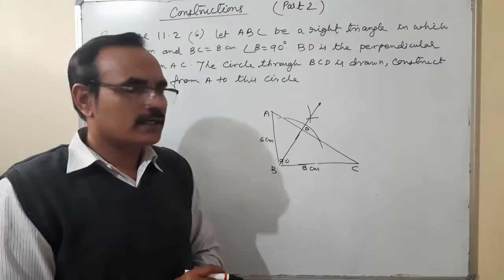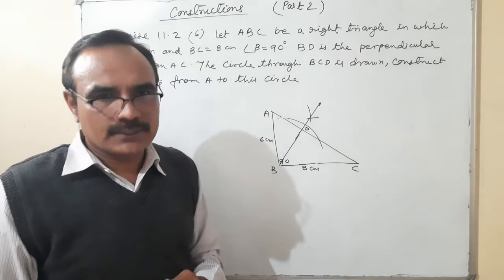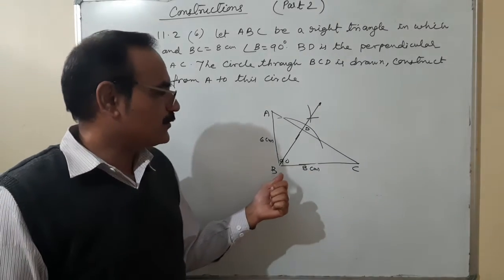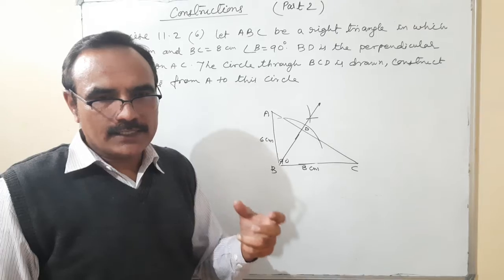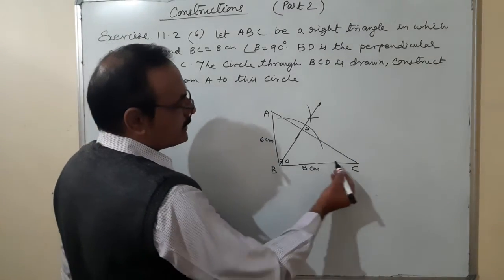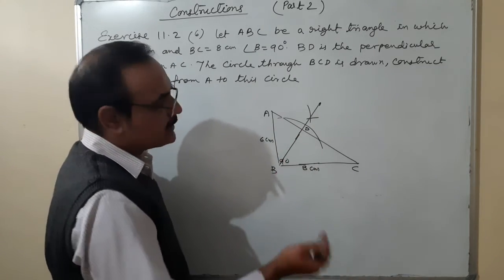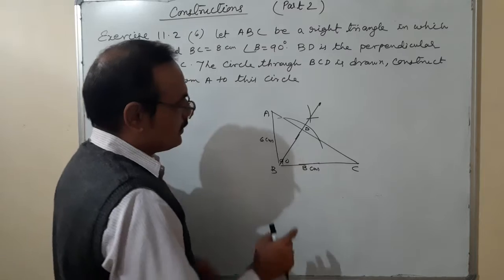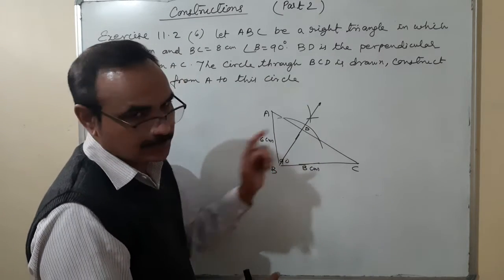For drawing the circumcircle, we have to draw the perpendicular bisector of any two sides of the triangle, because we are going to draw the circumcircle of BCD. So you will select any two sides of the triangle BCD. Suppose one side I have selected is BC and the second I am selecting is BD. You can select any two sides of the three sides. Okay. First of all, we are going to draw the perpendicular bisector of BC.